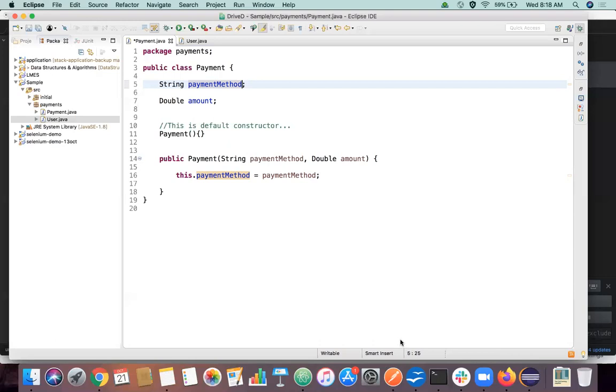Anyone has any confusions regarding this keyword? Whenever you see a constructor in a project or real-time projects, most of the time the arguments received by the constructor and the variables we declare will have the same names. So it is easier to maintain. That's the whole idea. So we only use this keyword to differentiate them. Any confusion regarding this, or can we proceed?